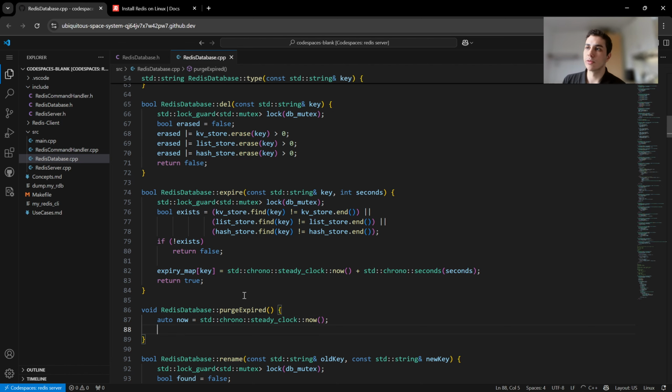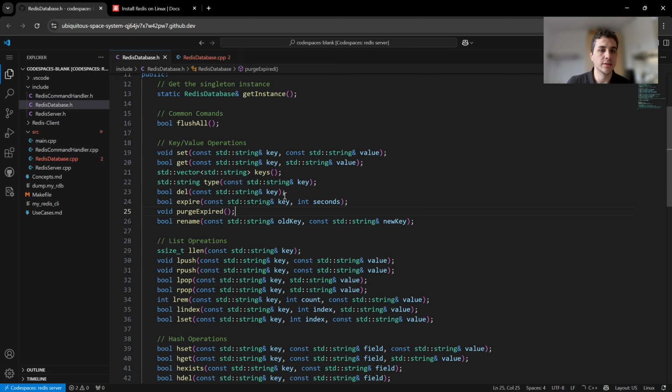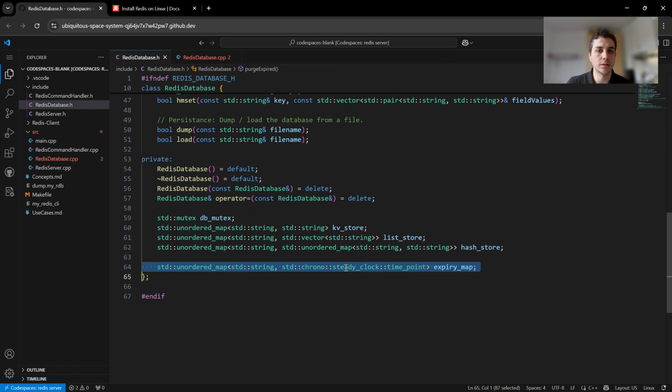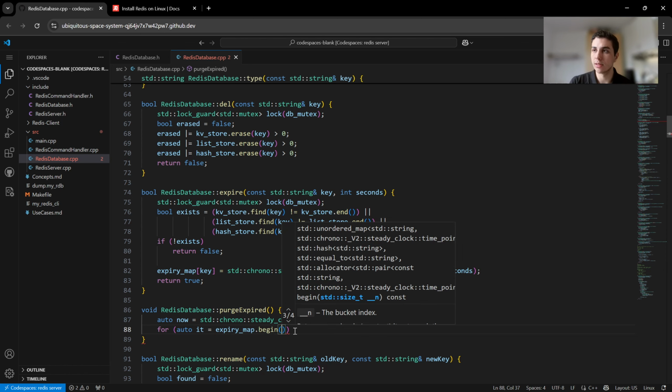We will walk through the expiry map and evict the one key whose deadline has passed. We will just purge it. So I will have a for loop which will automatically iterate the expiry map with the one we created before,